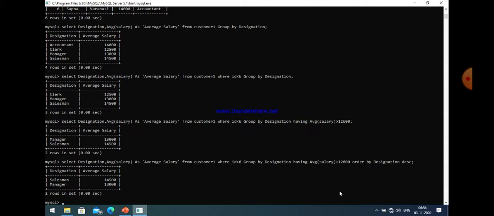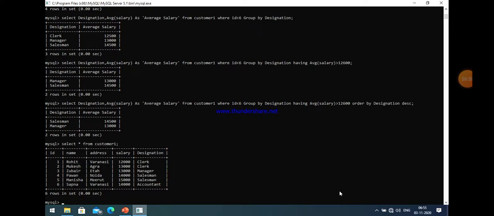So first of all, let us try to add a column into that table customer 1. So let us see the data first. Select star from customer 1. That is our main data.